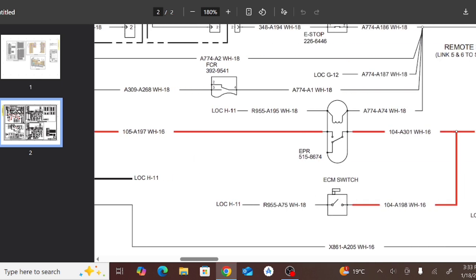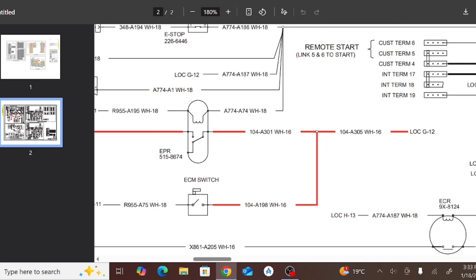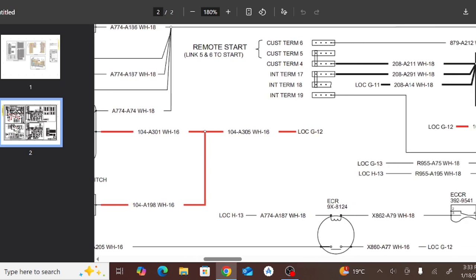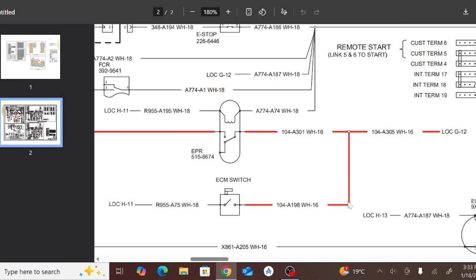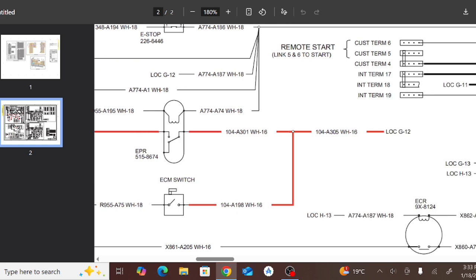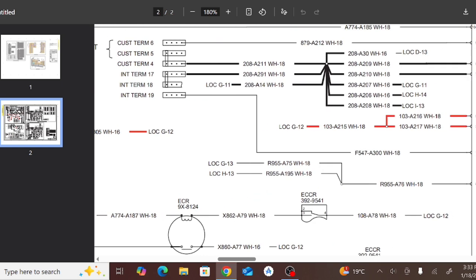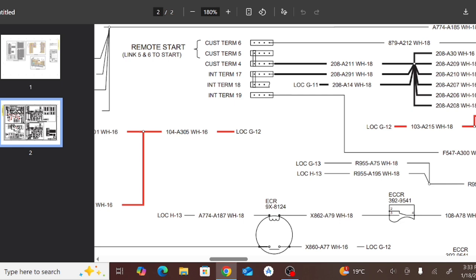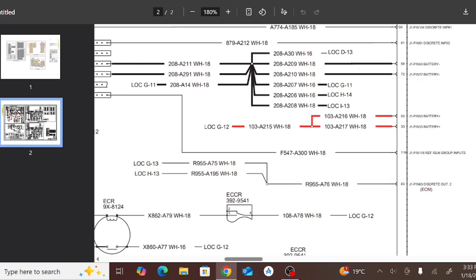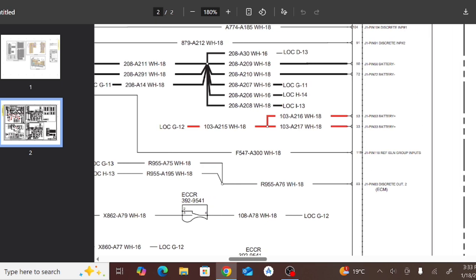As you can see, if you follow that, as you can see here, APR, and then going this way lock G12, okay. And the downside, you can see here, this wire is coming to the ECM switch, okay, ECM switch. If you follow the lock G12, as you can see here, from the ECM 70 pin connector,